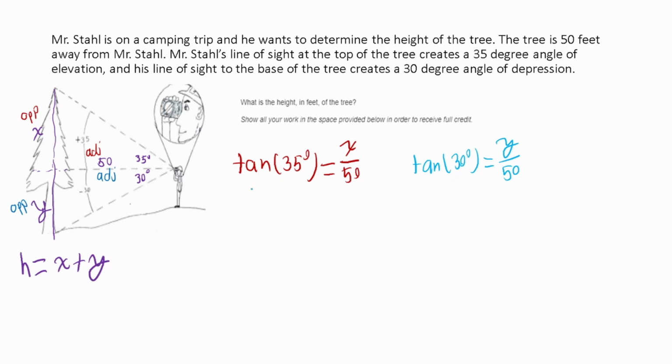So we're going to do the same steps to both of them, but one we're going to find out x, and we'll find out y for my other one, and we'll be good to go. So for my first one, in order to get this x by itself, we multiply both sides by the denominator, which is 50, right? And that's going to give me x equals 50 tangent of 35 degrees,